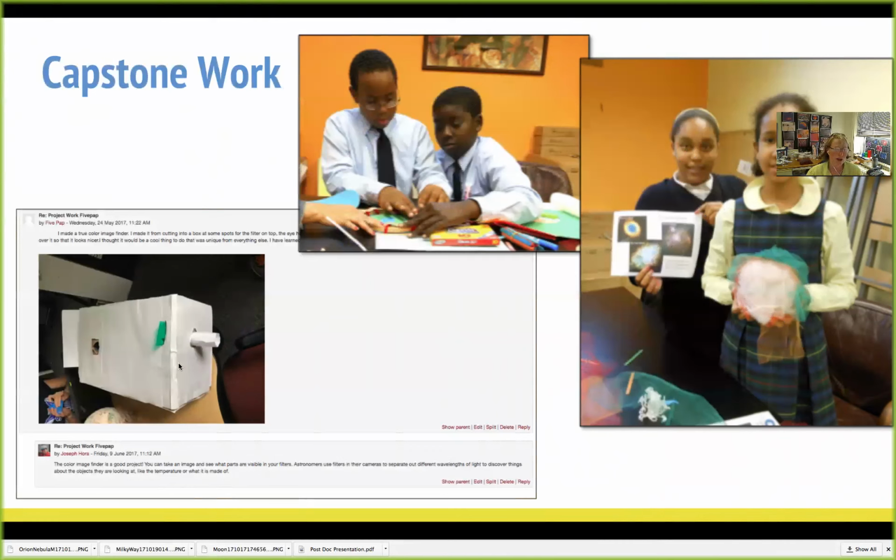This is an educator whose students' capstone work was to focus on how the telescope they were using worked. So they did some design engineering challenges of trying to engineer a telescope. You can see this little filter right here coming out. So they're trying to have a little model of a telescope where you could put different filters in and look